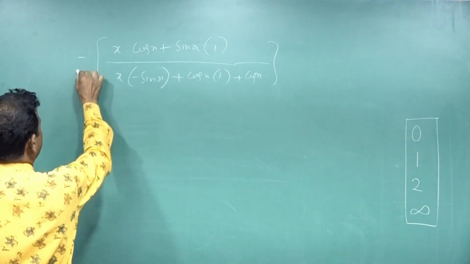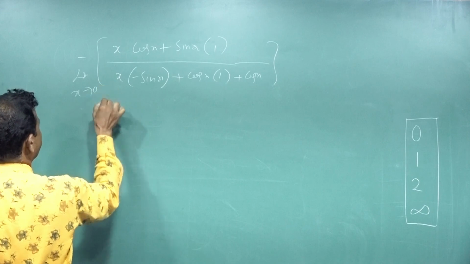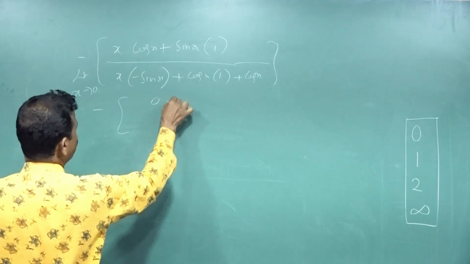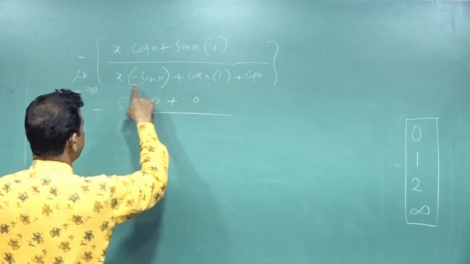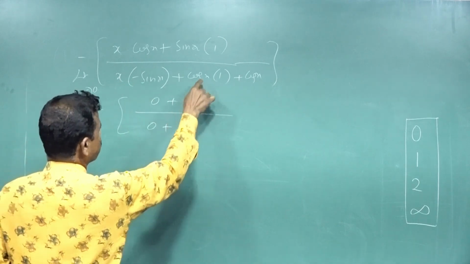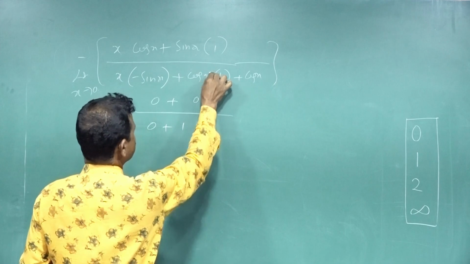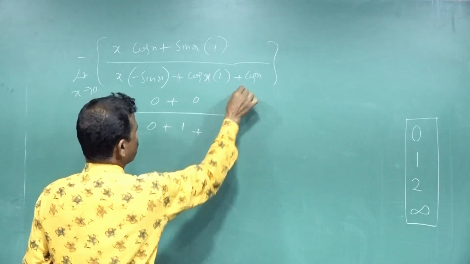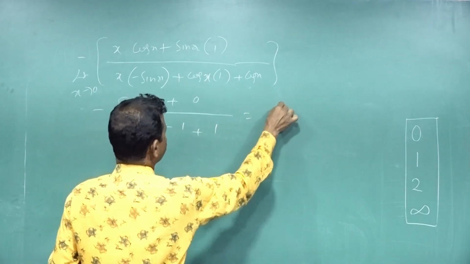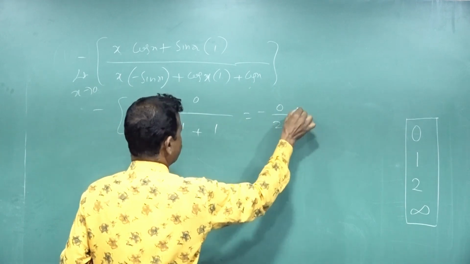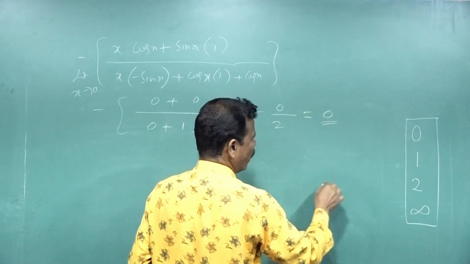Now apply the limit as x tends to 0: minus, sin 0 is 0, x is 0; in the denominator cos 0 is 1, plus cos 0 is 1. So it is minus 0 by 2, which means 0. So the final answer is